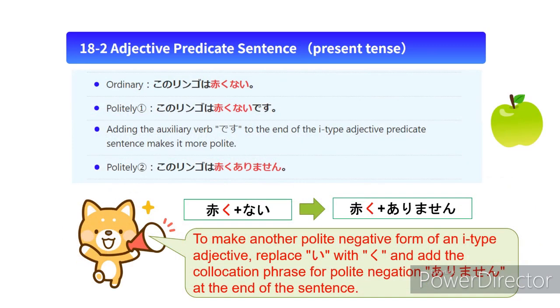Let's politely say the negative form of I-type adjective predicate sentences. The first way is to add the auxiliary verb indicating polite affirmation to the end of the I-type adjective predicate sentence to make it more polite. You can say in Japanese このリンゴは赤くないです。 Let's learn other ways to say it. To make another polite negative form of an I-type adjective, replace i with ku and add the collocation phrase for polite negation at the end of the sentence. The phrase is ありません。 Now you can say this apple is not red in other polite Japanese expressions. このリンゴは赤くありません。